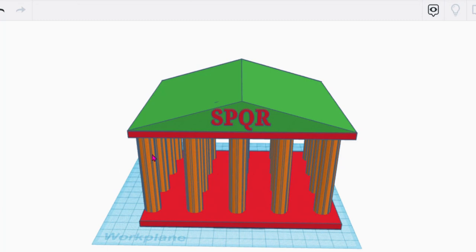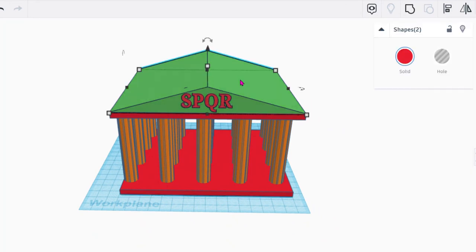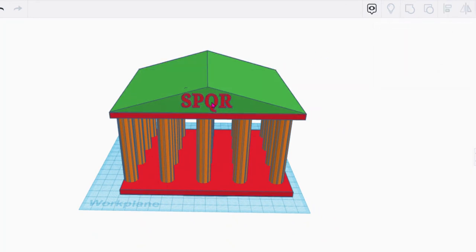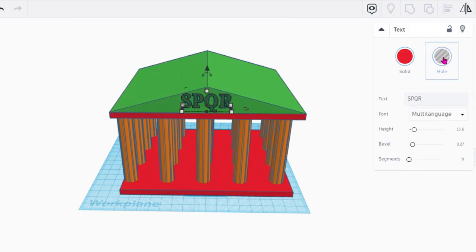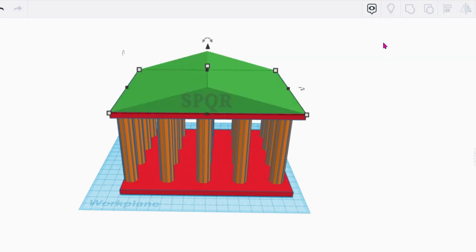One of the other things I could do is make it look as if that's a hole in the shape there. Or I could just leave it as it is. But what I'll do is click on it and then hold down my shift key and click on the roof, and then I can group them. But before I do that, I'm going to click on my writing and turn it into a hole. Now I'm going to hold down shift, click the roof. So I've got the roof and the writing selected, and then if I click group, it will cut a hole